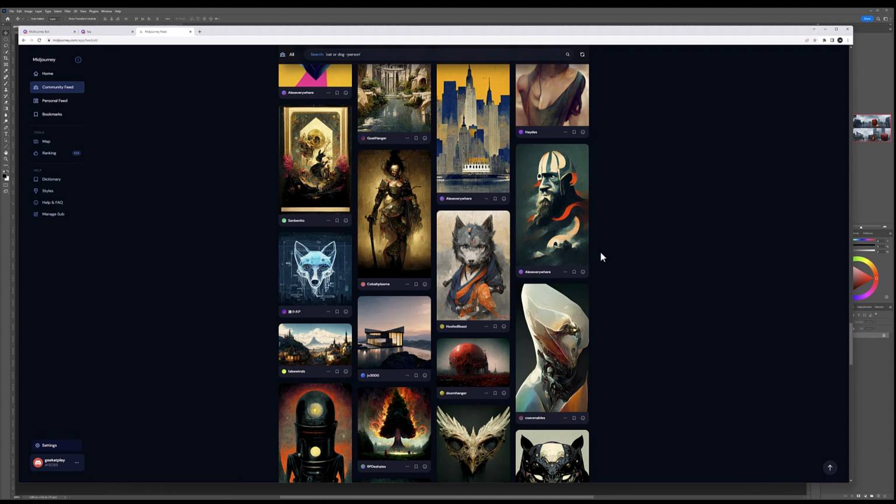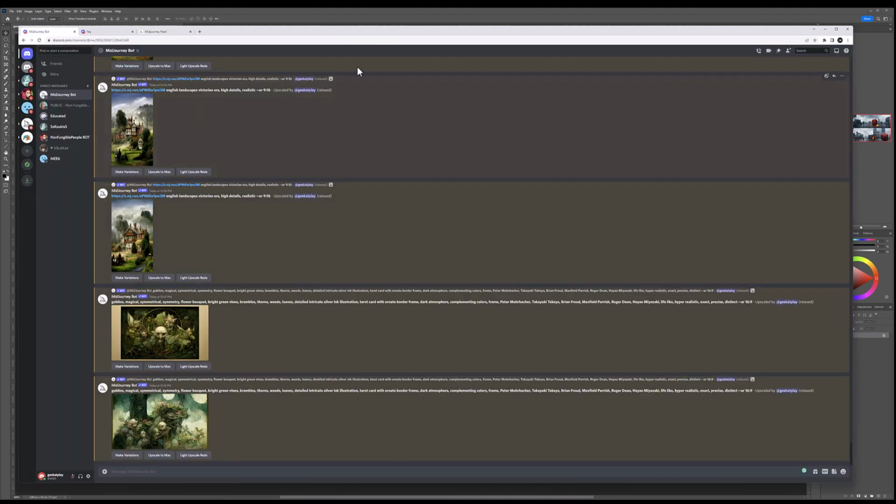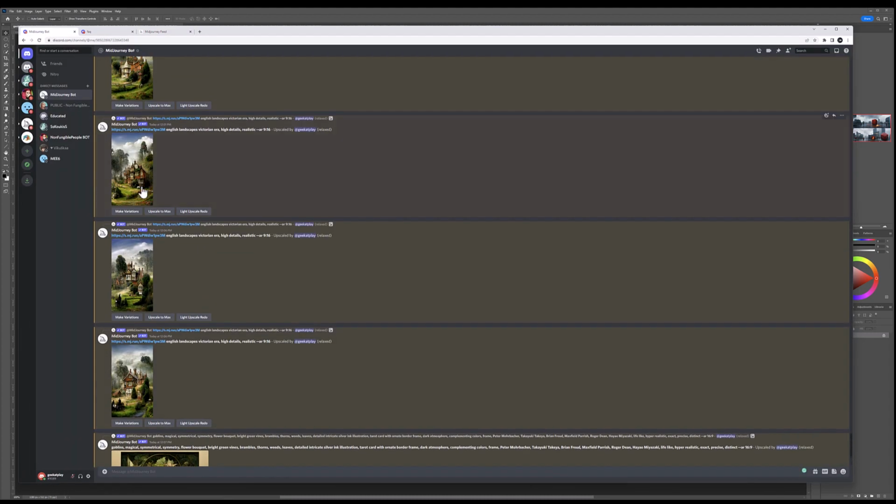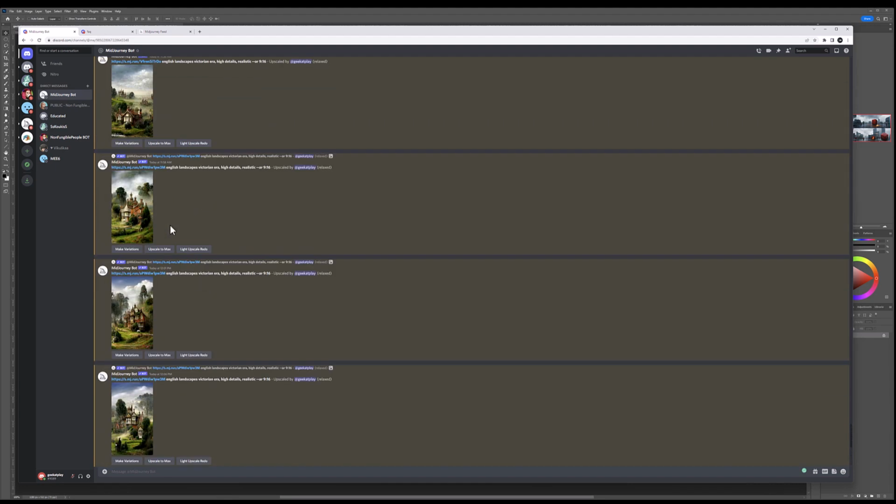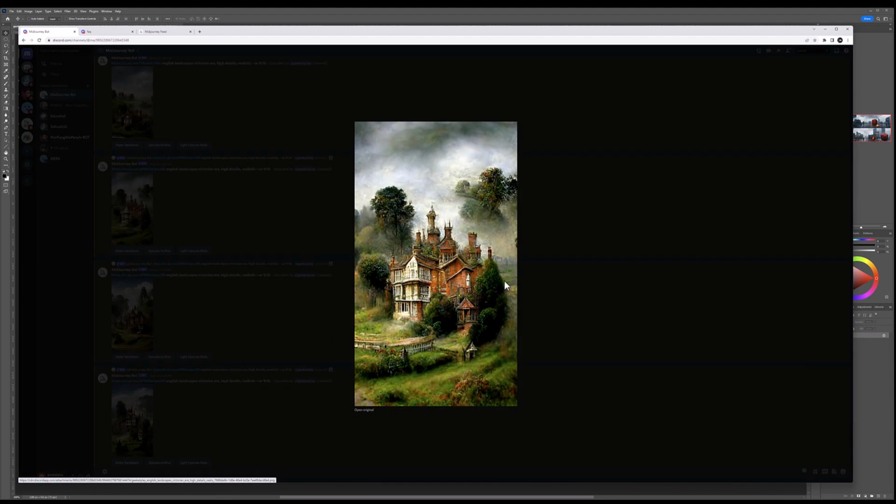Let's look in a little more detail right now, and you'll understand what I was saying. Right here, Midjourney is actually based on Discord, so you're working inside Discord. This is an example of what I can put in the lines and it renders for me, and of course when it renders I can preview it and see how the results come in.